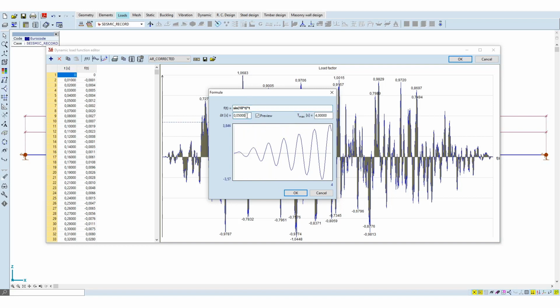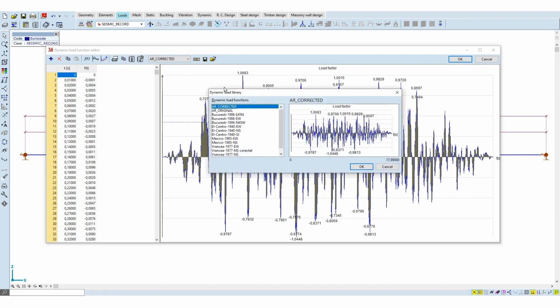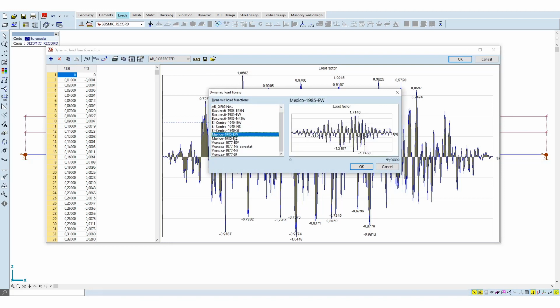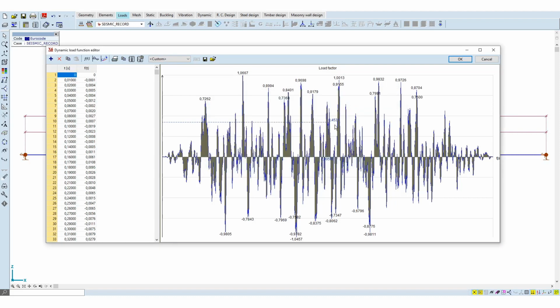This option is useful if the load function is harmonic, or can be easily described with mathematical functions. Since the seismic record is an arbitrary loading, we have to provide the amplitude values in a tabulated form. We can also open predefined records from our library, where we can save new ones as well. In our example, we use an artificial seismic record matched to the chosen response spectrum. Such artificial records are allowed by Eurocode as long as they follow closely the standard response spectrum. The load tables can be copied, imported, and exported, and also added to the report as well as the load